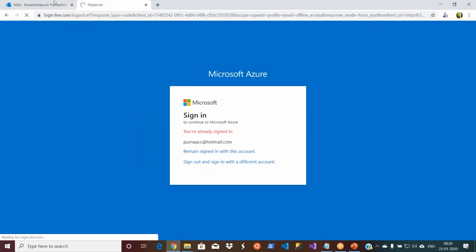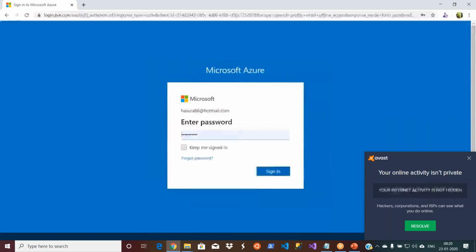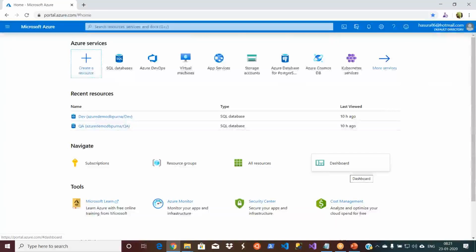So for that, first I will go and add my IP address to the firewall settings. I'm just teaching some more for your benefit. I also have a selfish reason, because if I open Visual Studio, it keeps on trying to connect to the Azure SQL, and then my Visual Studio will be unresponsive.